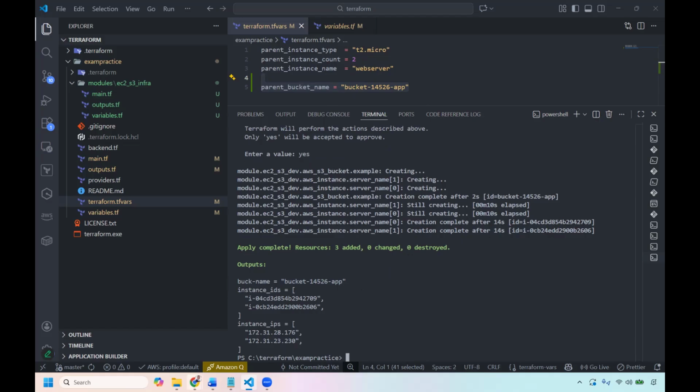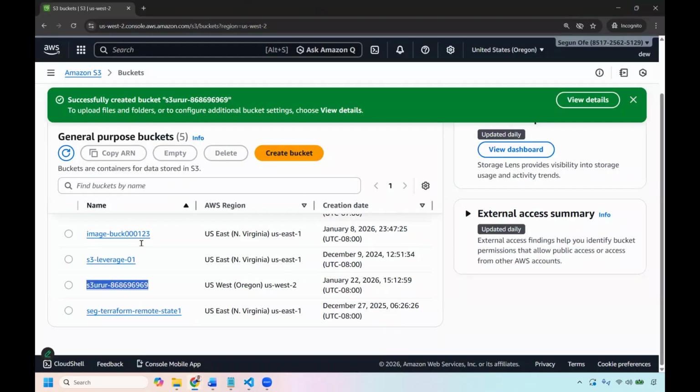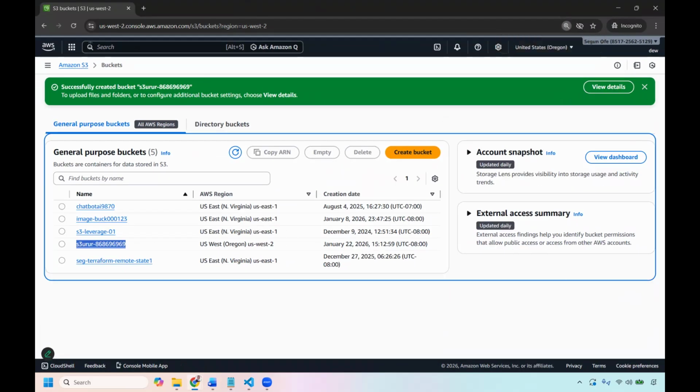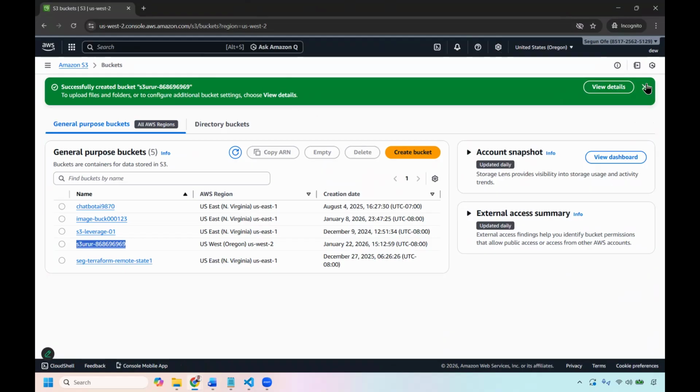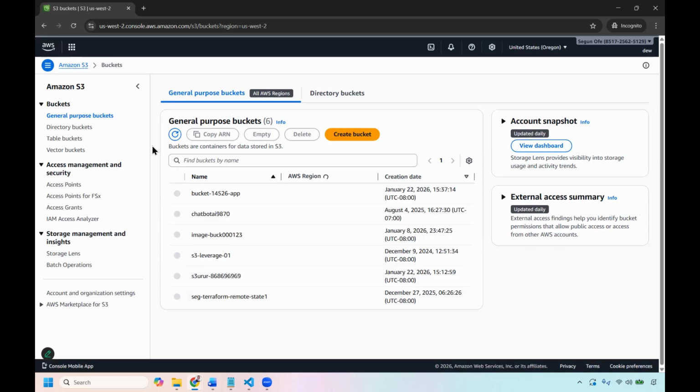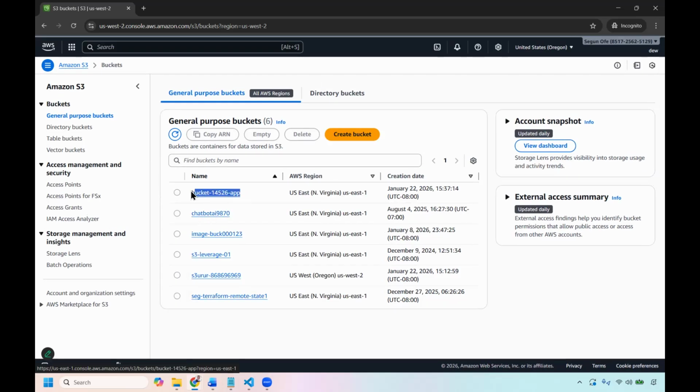So now let's go to our AWS console to check these resources. Remember, previously we created this one manually. So this is what we had previously. If I reload, you will see the new bucket has been created. Yeah, so this is a new bucket, right? The new resource has been created. So if I come to EC2,